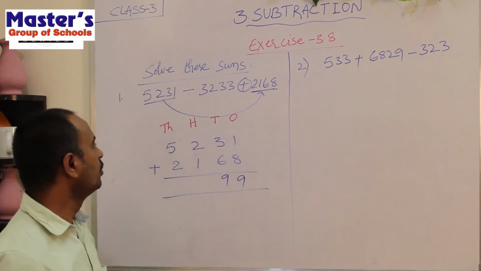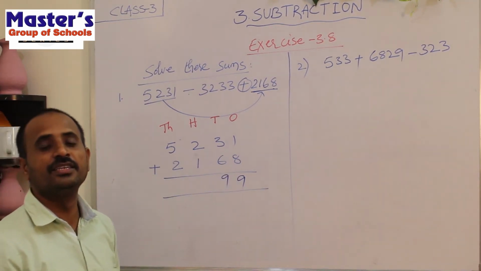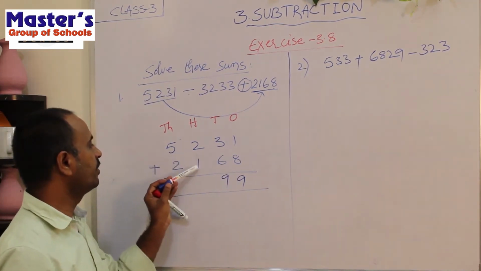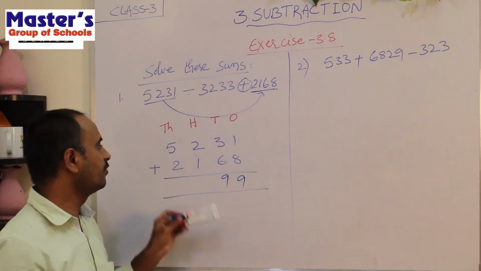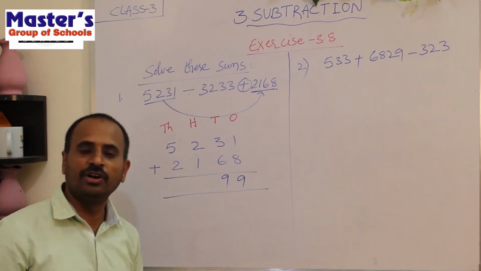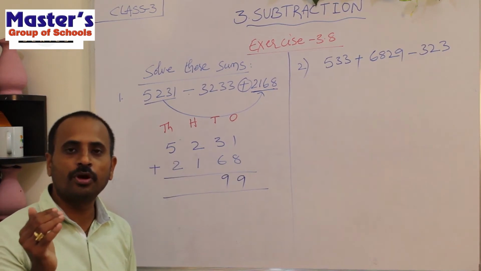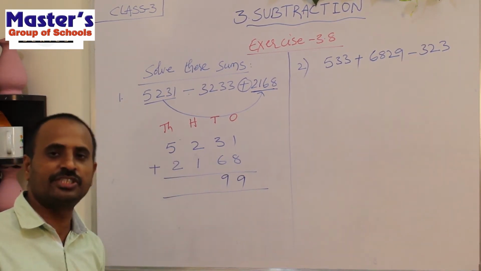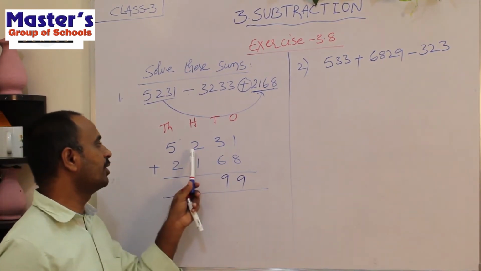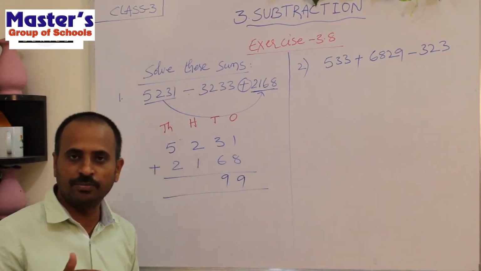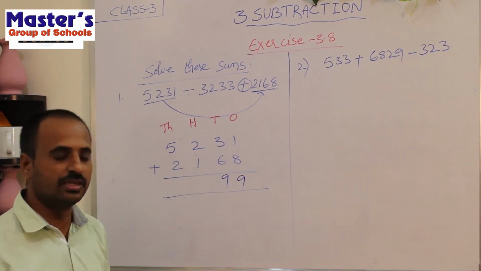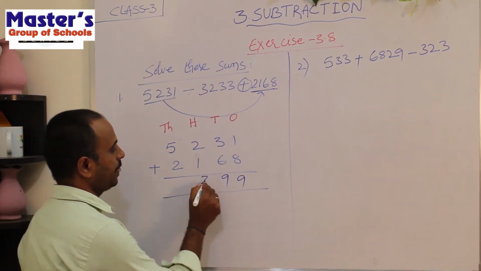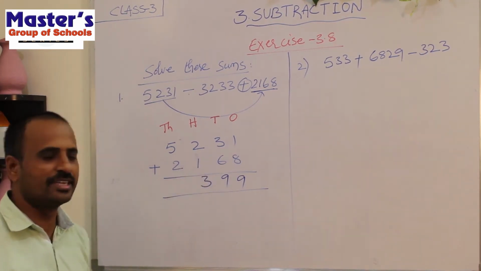Now go to hundreds place. So what are the digits in hundreds place? 2 and 1 are present here. So add 1 to 2. If you add 1 to any number, according to properties of addition, we will get its next number. So what is the next number to 2? So the next number for 2 is 3. So write 3 here.